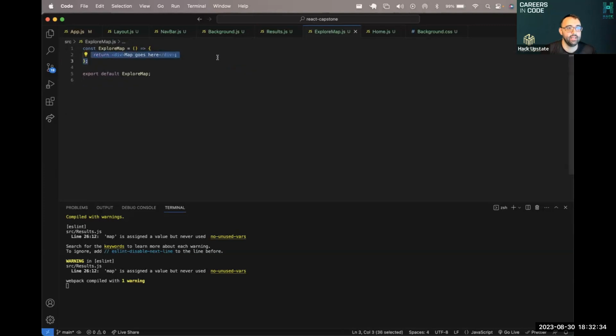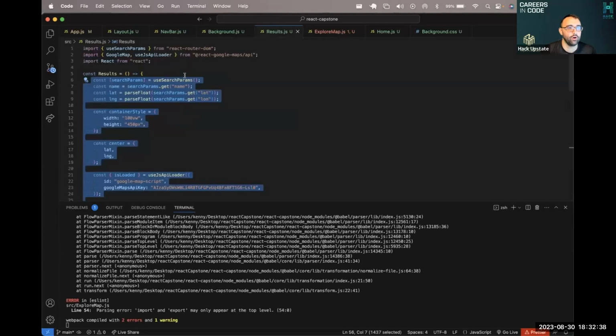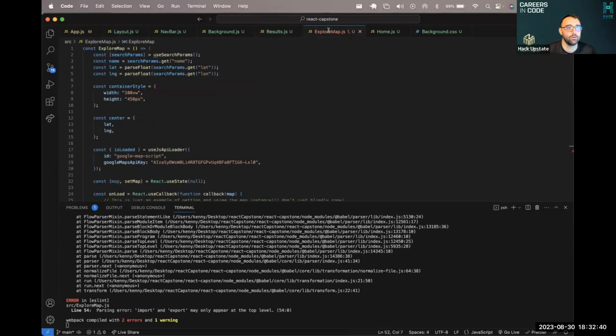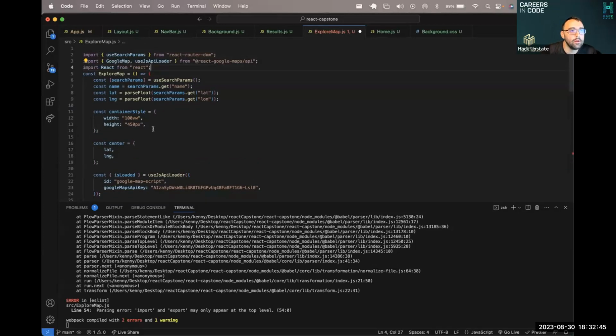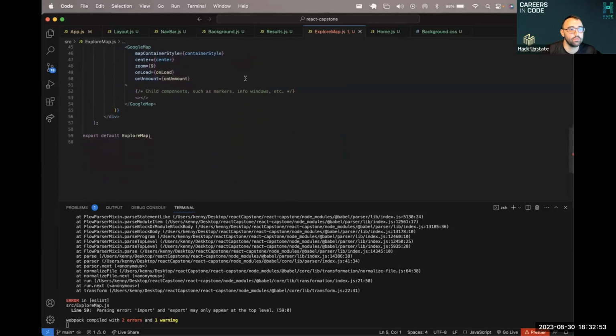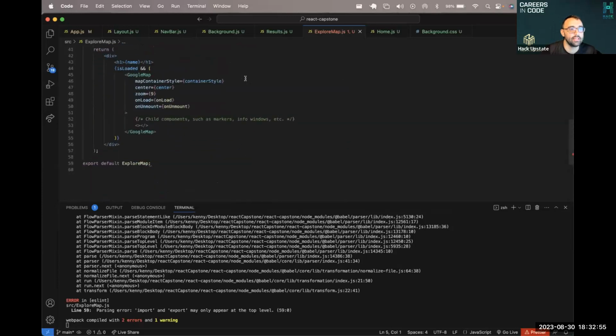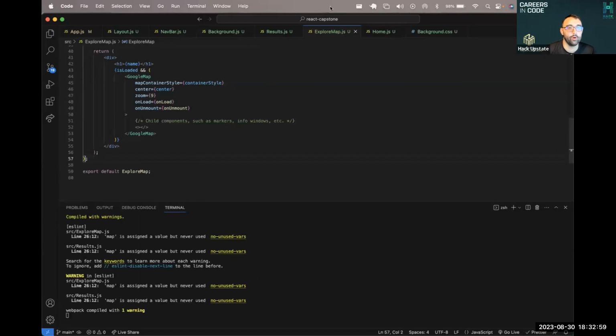So if we paste everything in here, we need to make sure that our imports are all coming over. And then you will get, import and export may only appear at the top level. I missed the curly brace down at the bottom. There we go. Now when we go back over to